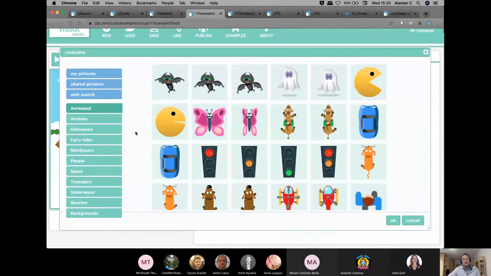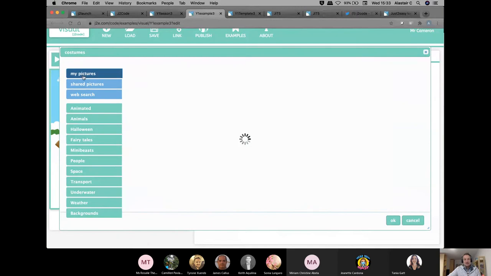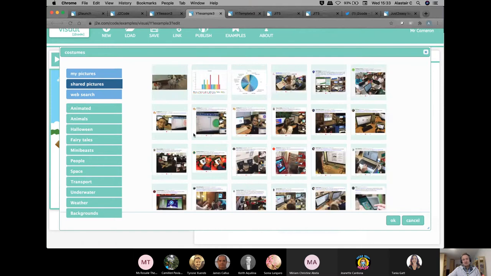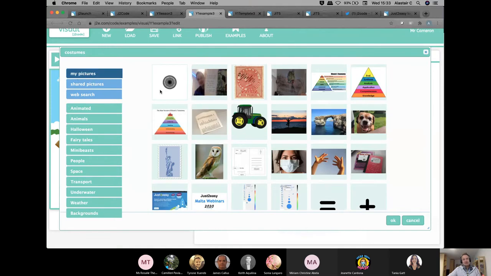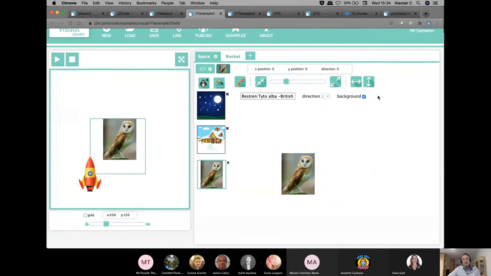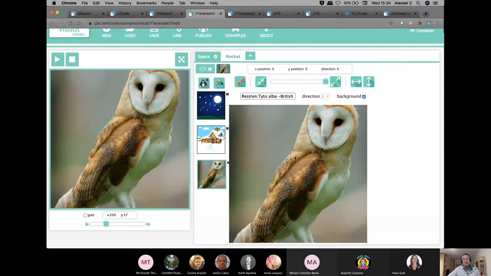But you could also do something with your own pictures as well. Now, if you've been on any of my webinars, you'll recognize that these are some of the pictures that I've used before. And I mean, here was an owl that I took from the previous webinar that I did. And I could simply just put the owl in the background and have that as the background image for us to be coding with.